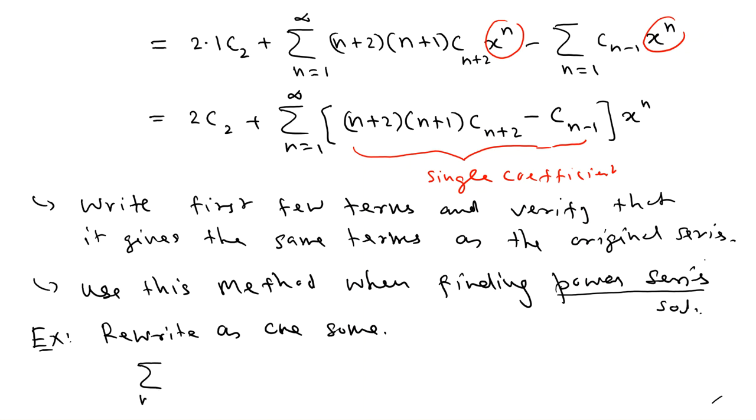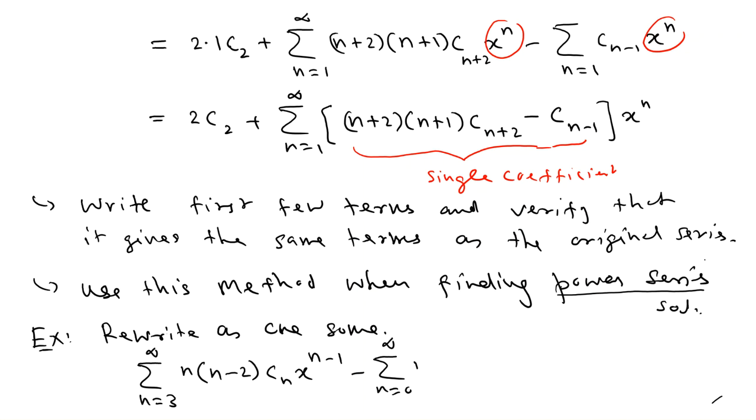Sigma, let's say n equals 3 to infinity, n minus 2 Cn x to the n minus 1, equals minus sigma n equals 0 to infinity,